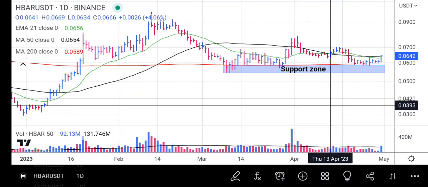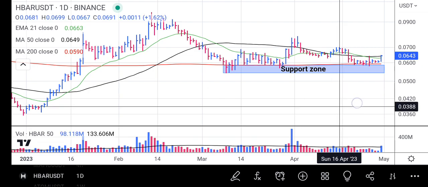Around mid April, it rose above the 50-day moving average and the 21-day moving average again. It just rallied for very few sessions and the speed of the rally was low, not that explosive. It hit the price of 0.0699. Then HBAR dropped back to the support zone and it rests and takes its time on the 200-day moving